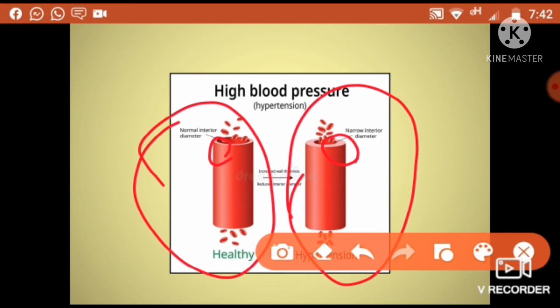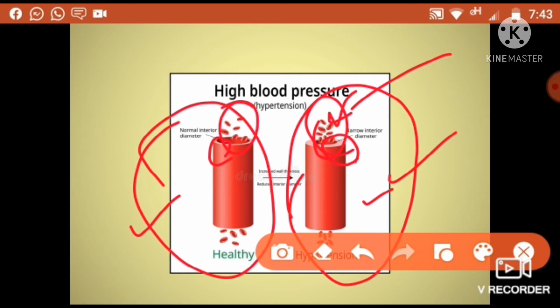As a person suffers from hypertension, the diameter changes to twice or thrice that of a normal person. So as the blood passes, its pressure increases automatically. Why? Because the area of the passage decreases. So the person with hypertension may have this type of arteries or venules, and the normal person has this type of flow. So there is an accumulation or clump of blood flow, and there the blood flow is normal, blood flow is slow, blood flow is in normal conditions.